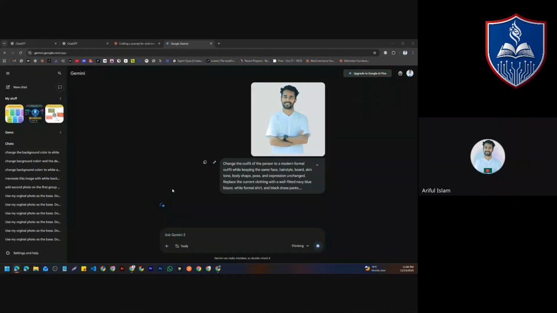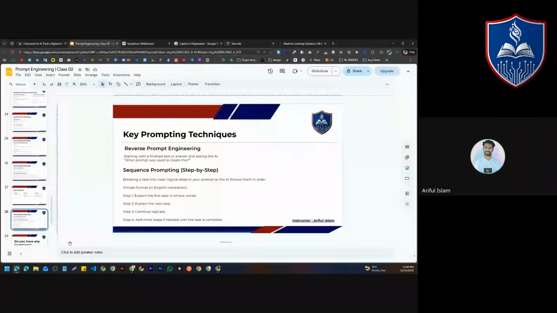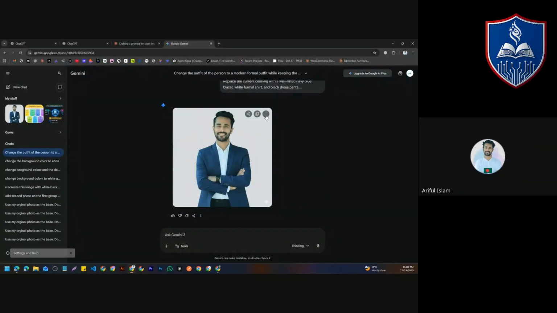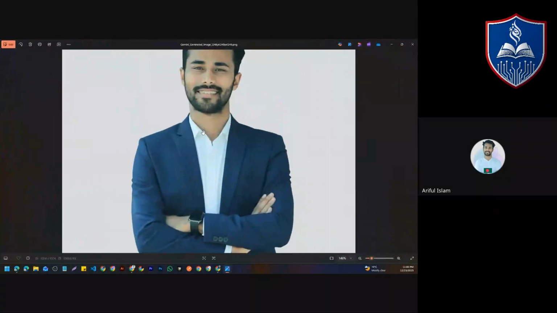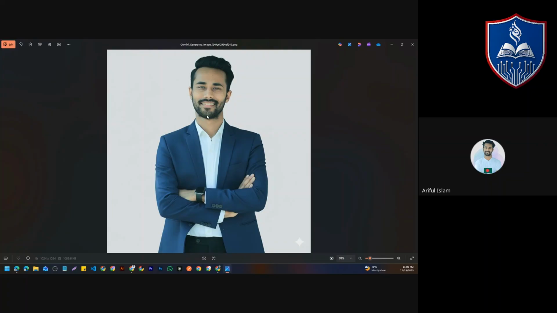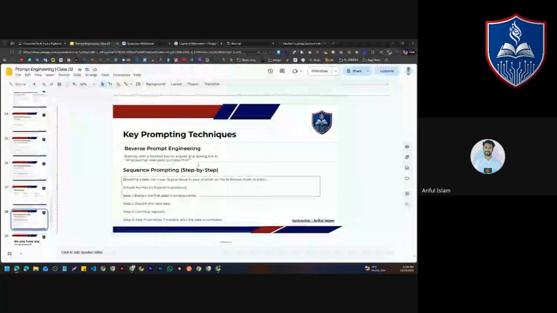It will utilize it. So reverse prompt engineering means you can generate a new prompt for another LLM. As you can see here, it has changed. It has changed my photo perfectly, and it looks realistic, as you can see here. So yeah, this is called reverse prompt engineering,